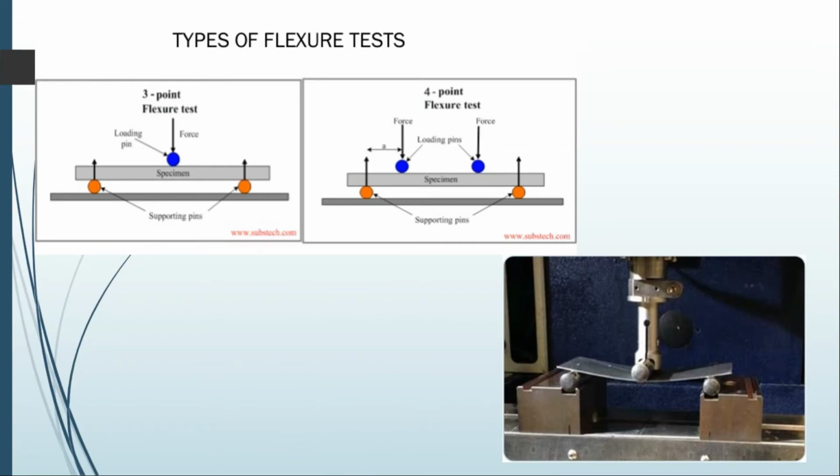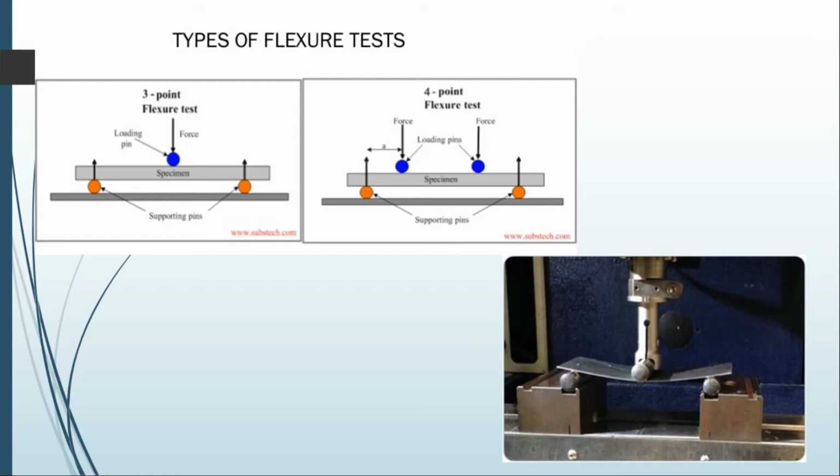And there is one more big terminology available, we will see. Before that, we will see the flexural test, the 3-point or 4-point bending test. If you are using 3 points, 1, 2, 3, the bending test is going to happen. That is called the 3-point bending test. Instead, if you are using 4 points, then it means the 4-point bending test. Top rollers are going to receive the force, and we are going to get the deformation. This bending test is used for thin sheet materials to check their bending ability.